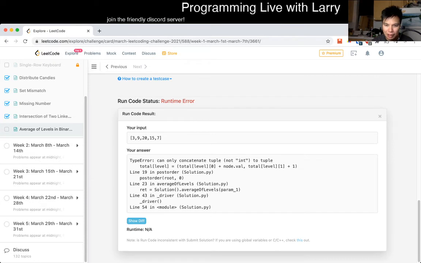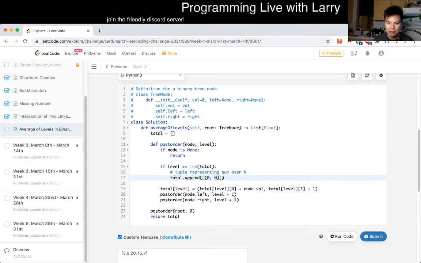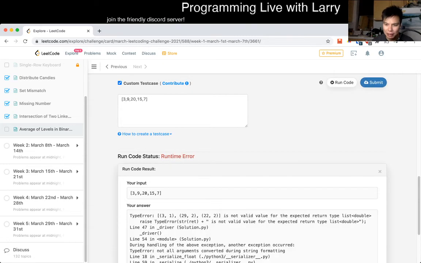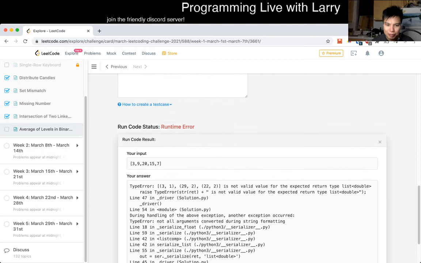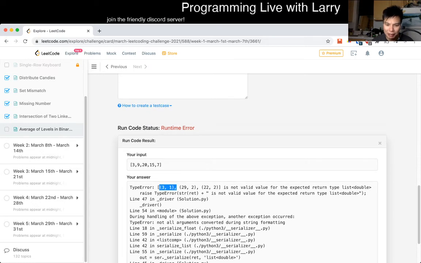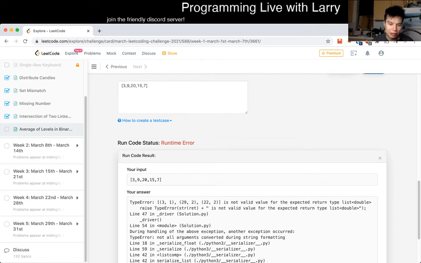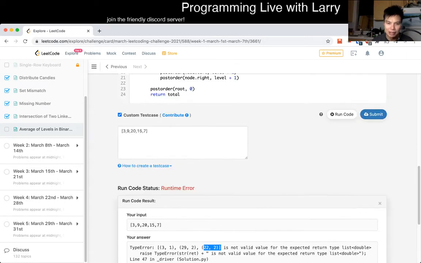Can only concatenate tuple. Did I mess it up? Oh yeah, whoops. Because I did a list of tuple by accident. Minor typo. I don't know if there was like an autocomplete, but that was just an accident. Okay, yeah, okay, fine. I knew that this wasn't going to be the right answer, but I didn't know that it would give me an issue with the types. But you can see that it's 3 over 1, 29 over 2, 22 over 2, which matches our